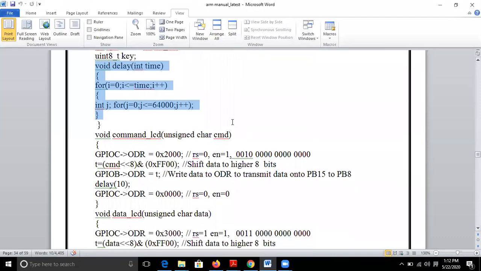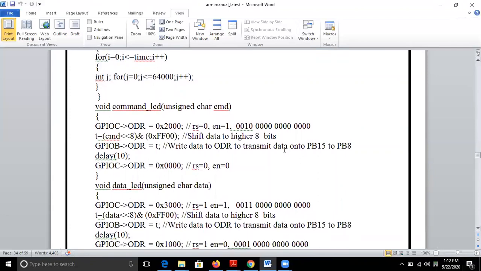And next comes the void command LCD. To issue the commands to the LCD, we need to use command underscore LCD. This is the function. What it does is basically it takes the command through character CMD and it enables the LCD and it selects the instruction register.